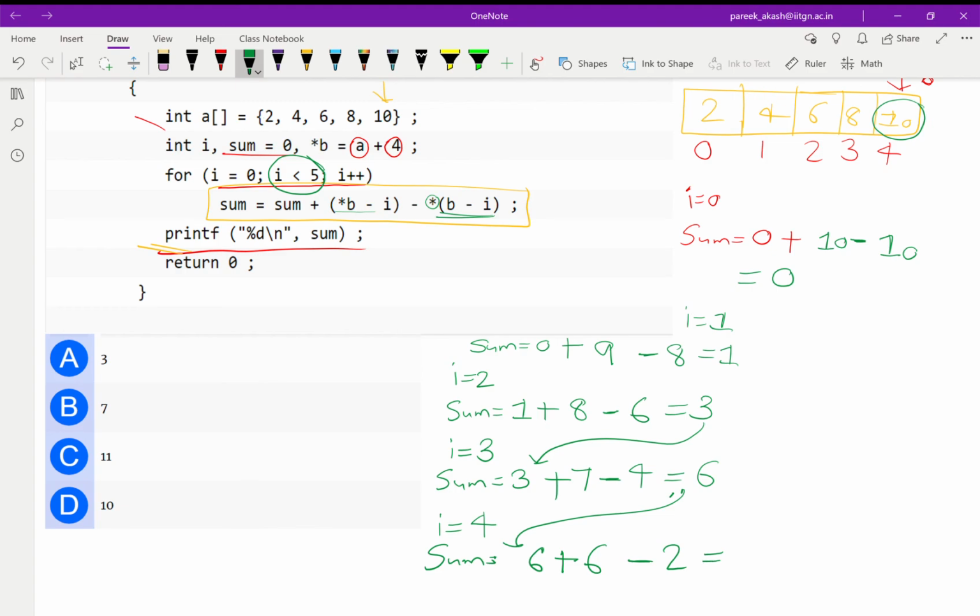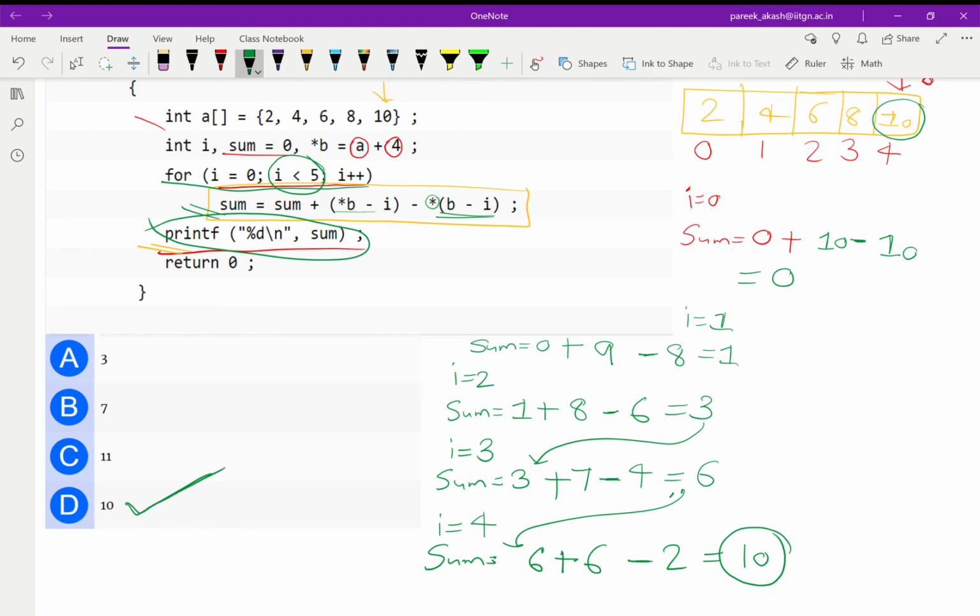So 6 minus 2 is 4, and 6 plus 4 gives 10. And now the loop has completed, because I goes only up to 4, and now sum is 10, and we have to print this sum. So our final option out of the 4, A B C D, will be D, which is 10.